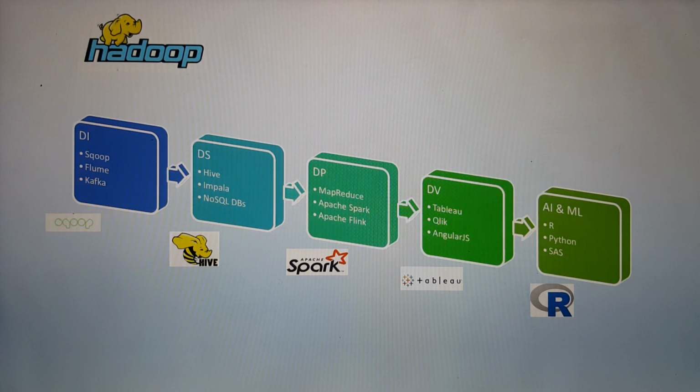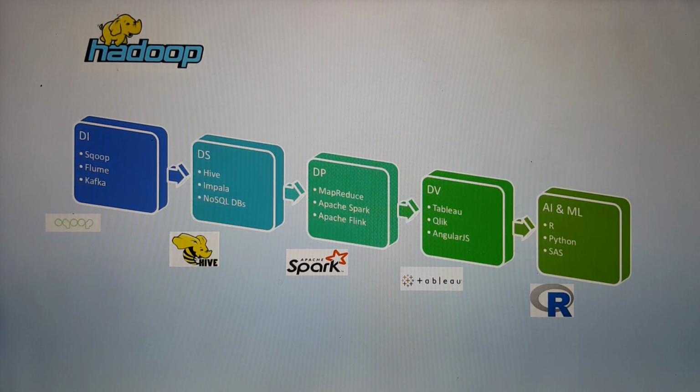Finally, the last layer of any big data Hadoop project is AI and machine learning, that is artificial intelligence and machine learning, where we talk about predictive analytics, building machine learning models for regression, classification, forecasting, or natural language processing.